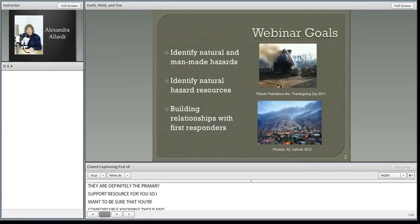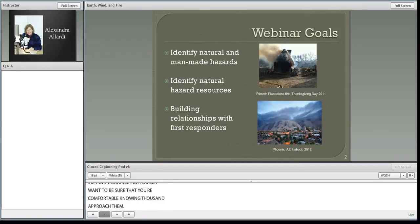So while I'm jabbering away, you're looking at these images probably, and you're wondering what's going on in these examples. The top example is a man-made hazard from a cooking fire in an